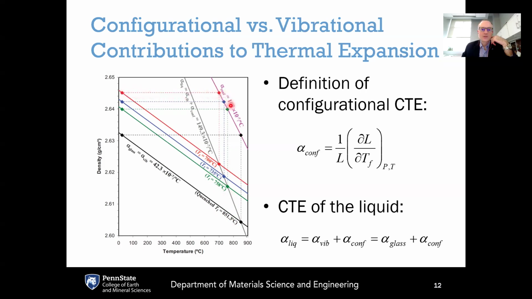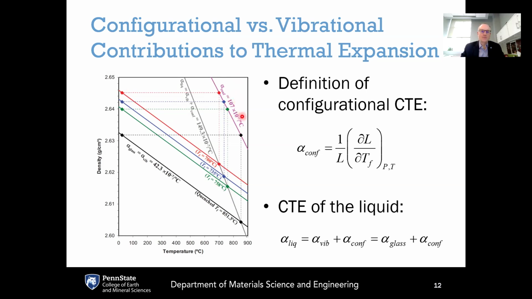These are the densities at room temperature. And then plot this on the temperature axis where it is the fictive temperature of the glass being plotted on that temperature axis. And therefore, what we get is the change of density with respect to change of fictive temperatures. And then converting that change in density to a change in molar volume and then a change in length instead of volume, the resulting configurational part of the CTE for this sample is 107 times 10 to the minus 7